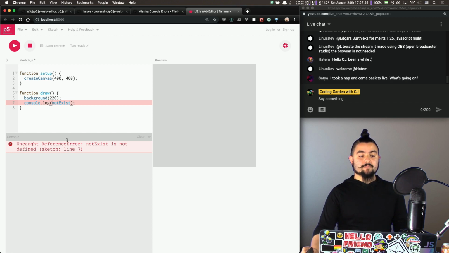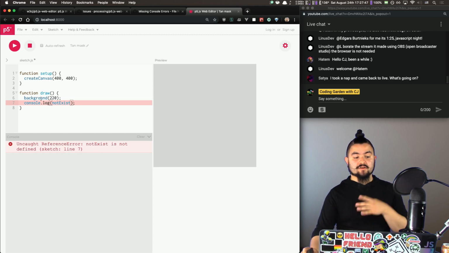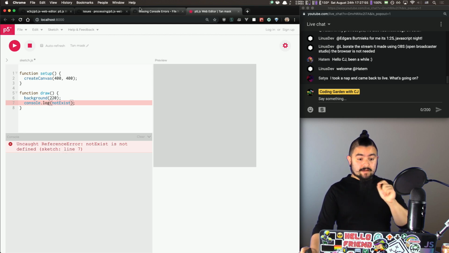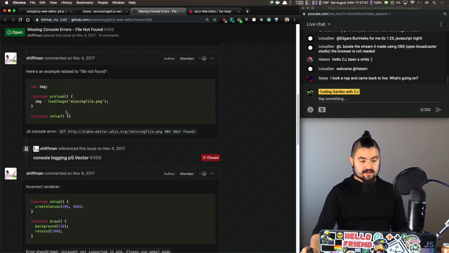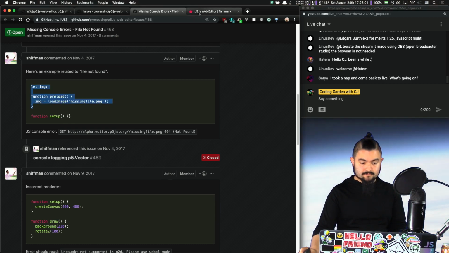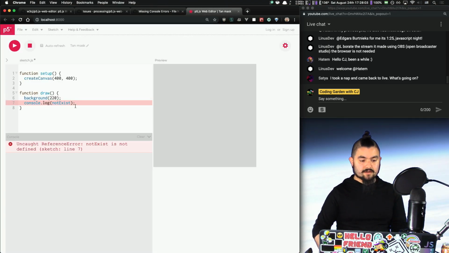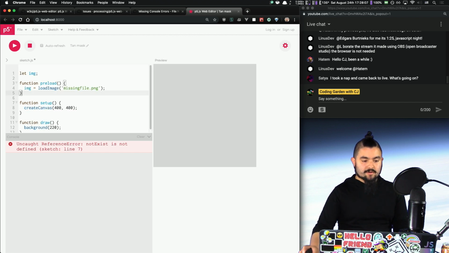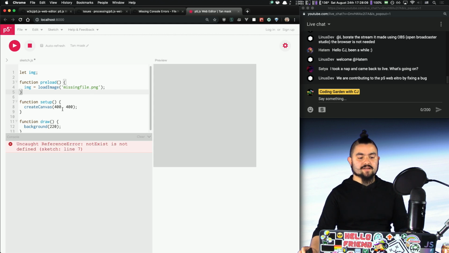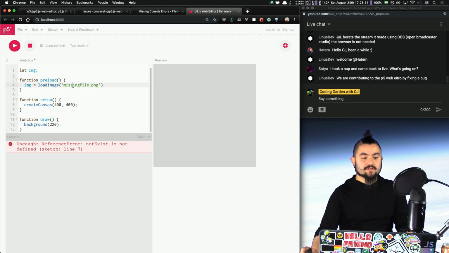So the cool thing about the p5.js web editor is anytime a JavaScript error occurs, you're going to see that error output right here. But what this issue is describing is if we use code like this. So let's get rid of that. And we'll add our preload function, which is a part of p5.js. But this code is attempting to request a missing file. And if we run the code,